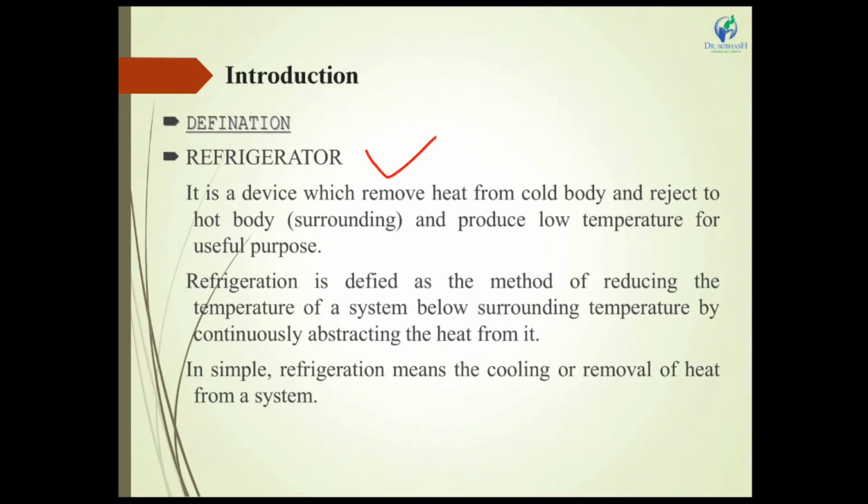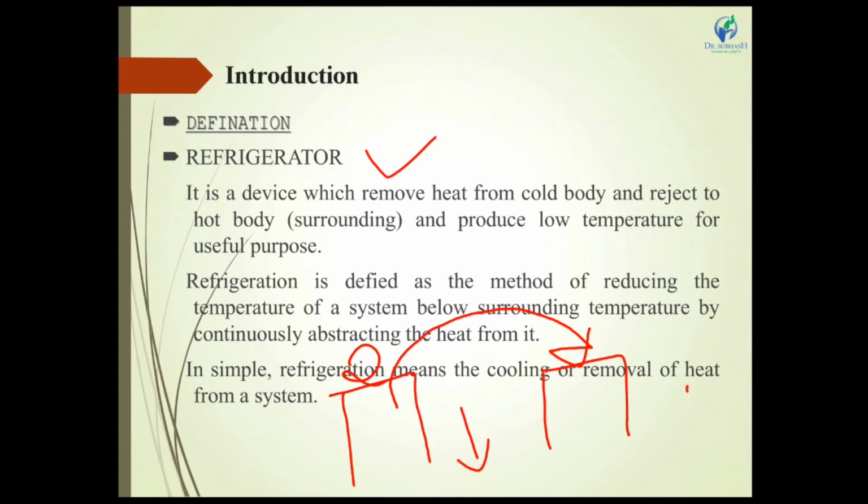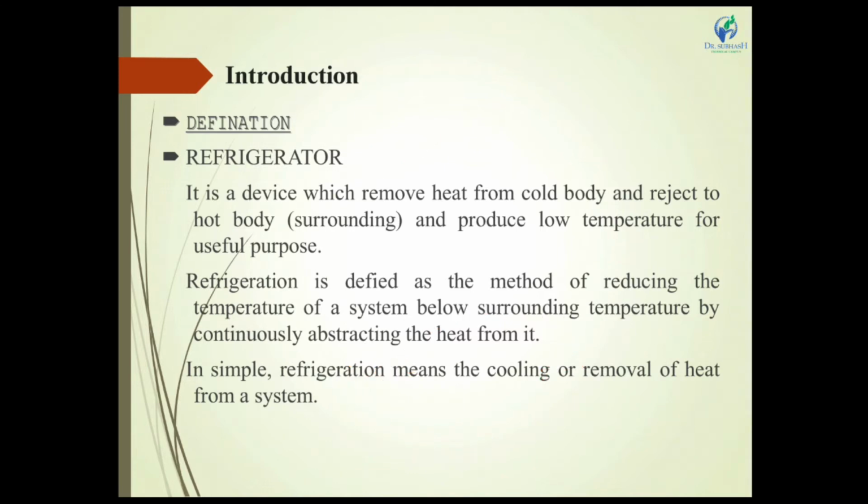Definition of a refrigerator. What is the refrigerator or refrigeration effect? Say there are two portions, portion 1 and portion 2. If you have to remove heat from one portion to another portion, that means one gives a temperature drop and the other gives a temperature rise. You remove heat from portion 1 and reject it to portion 2. The first portion gives a heat down and the second portion gives a heat up. That's called a lowering of the temperature. That's called a refrigeration effect.